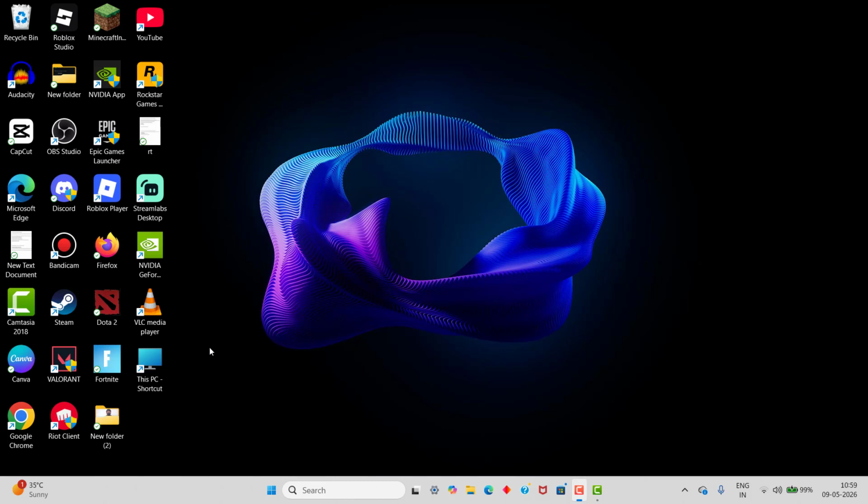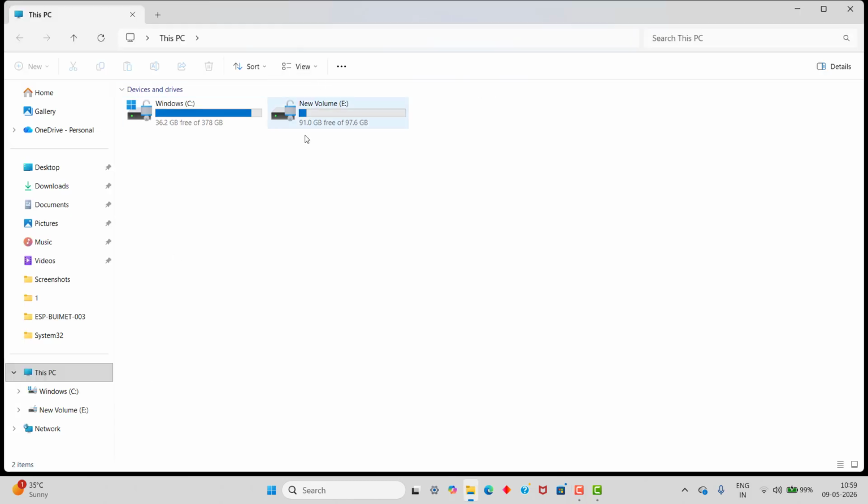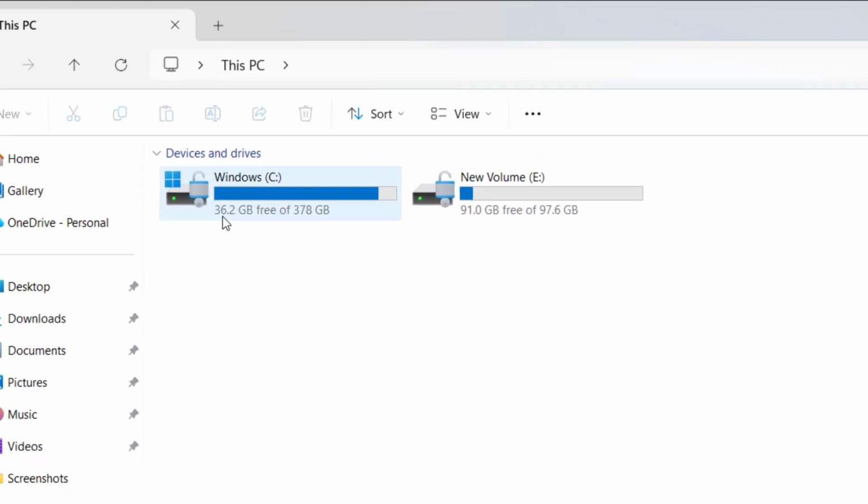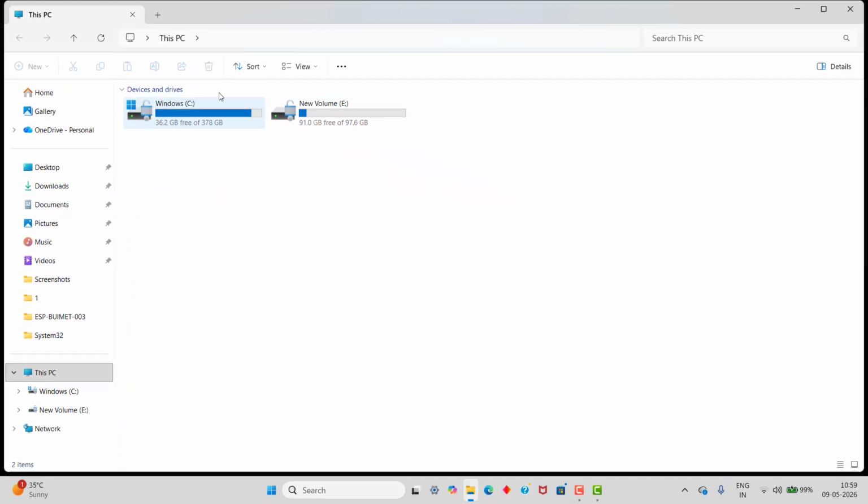Let's fix it. Go to This PC and check the C drive to see whether you have enough memory space. You need a minimum of 80 to 100 GB. So now you can see the memory space is too low. First you need to check this, and after that you need to close it and open the Epic Games